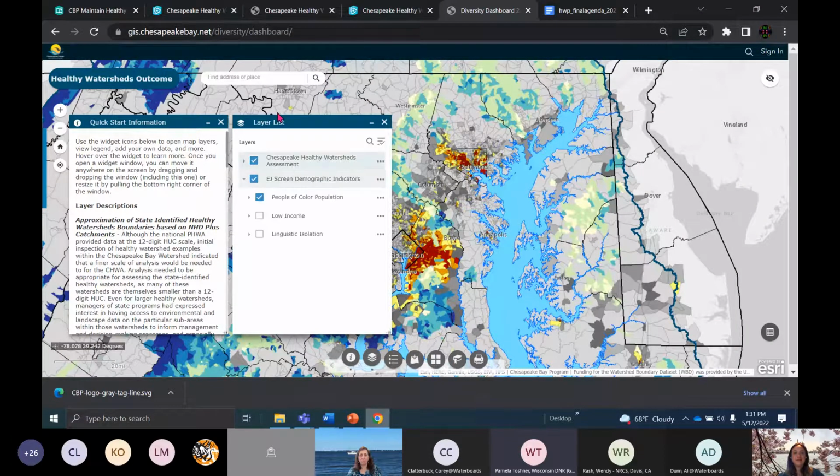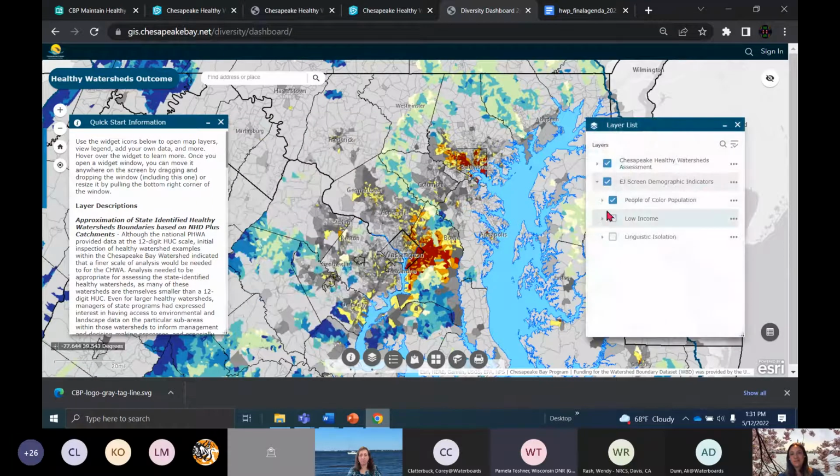earlier, is begun to look at these overlays. In this example, we've got three different metrics that we can show in here: low income, people of color, and linguistic isolation. We're also starting to track different age groups, depending upon whether you want to focus on children and park access, or maybe you want to focus on elderly. There are some different metrics that we're also bringing in, and while it's not part of the Healthy Watershed Assessment, it makes it really easy for us to start visualizing and looking at context